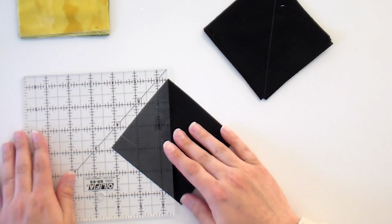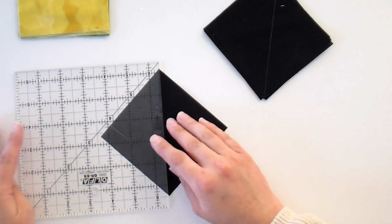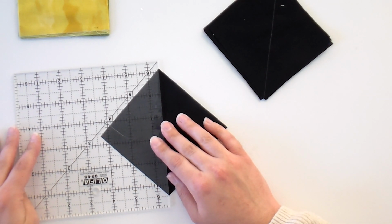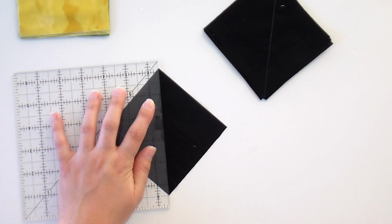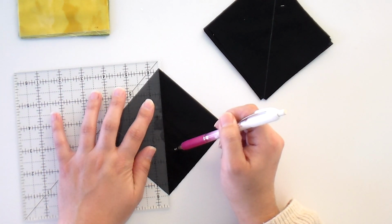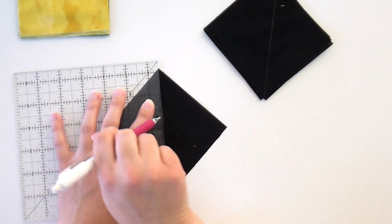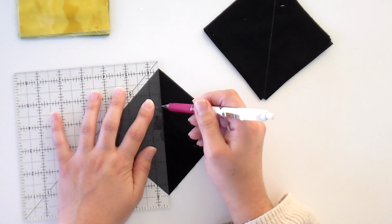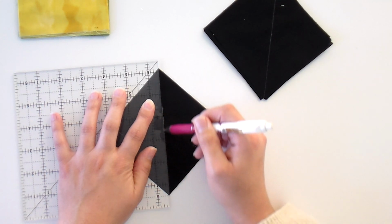All you're going to do is lay it on the wrong side of your fabric. I'm using a solid, so there is no wrong side. But if you were using the light version, just make sure it's the wrong side. And then I lay it so that my ruler's hitting my points there. And then with my pencil leaning in like this, you don't want to have it leaning out or straight up and down, but with it in so that the lead is right up against the side of that ruler,